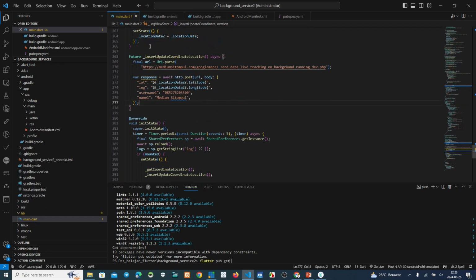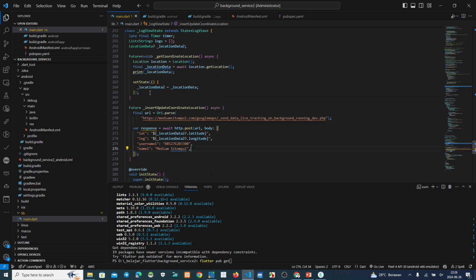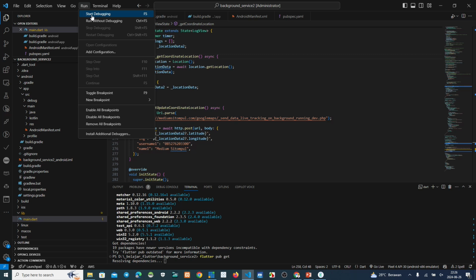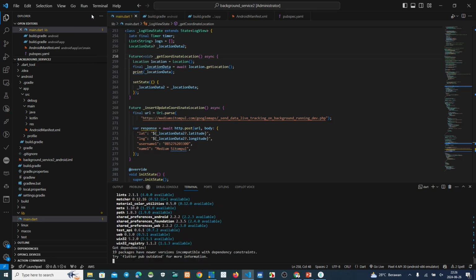Asynchronous function insert update coordinate location, and also this is a function to get coordinate location. This is sent to the backend, to the database. Okay, now we try running again. Where is the virtual device?